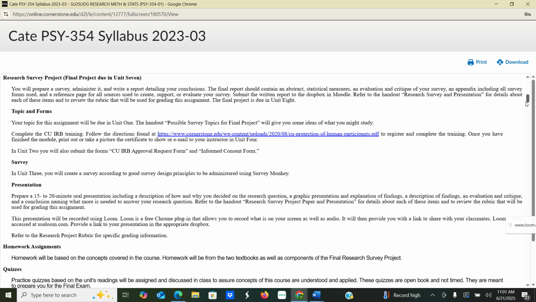There are a variety of suggested topics. You could certainly pick one in Unit 1 or pick a topic that isn't on that list. That's completely fine. In Unit 2, you're going to be doing the IRB approval request form that is linked to Unit 2, and then also putting together what's called an informed consent form, which you later on will link into your electronic survey in Unit 3.